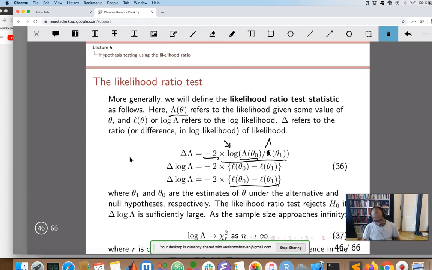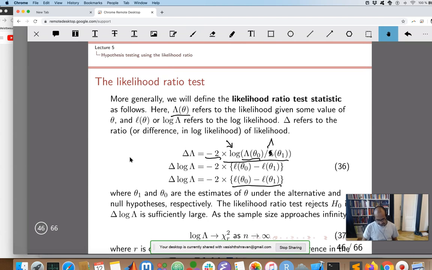The interesting thing here is that as the sample size approaches infinity, this difference in log likelihoods is going to approach a chi-squared distribution, which is a particular distribution that is defined by